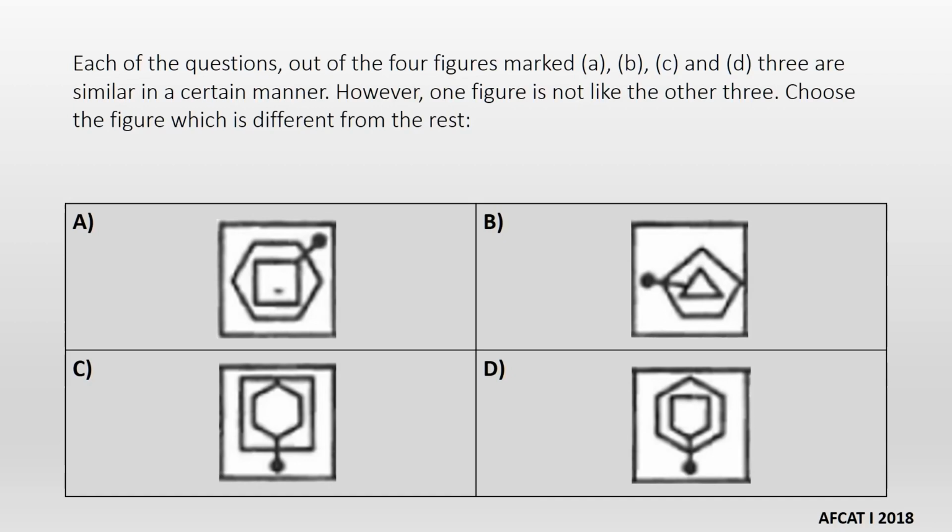See, in this, if you consider this dot connecting line towards the inside object, then you see that line is passing through one corner point and one middle point in A, also in B, also in C. However, in D, that line is passing through corner in both the shapes. So the correct answer or the odd one out is D.